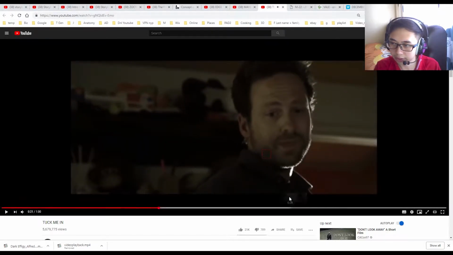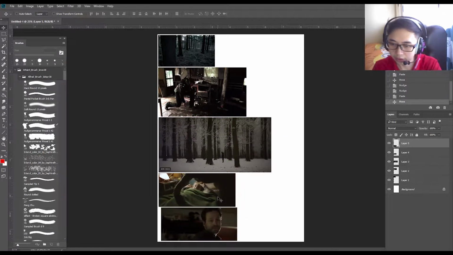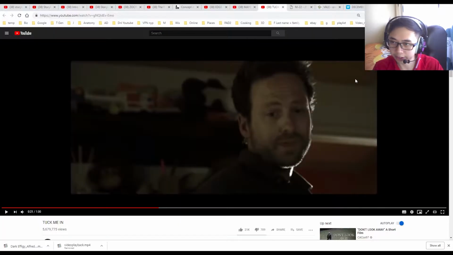The light is very intense on the left, and yeah, good lighting references, and just rim light coming from behind the character tells a lot. So as you can see, I take screenshots very quickly, and I'm able to create a mood